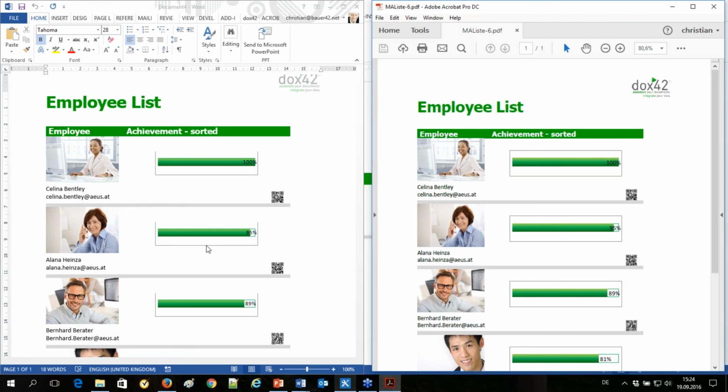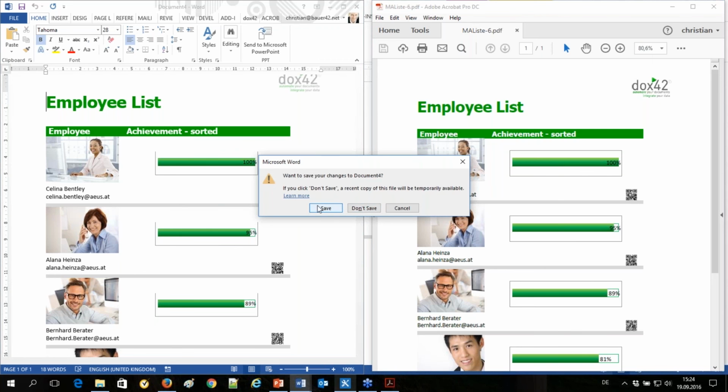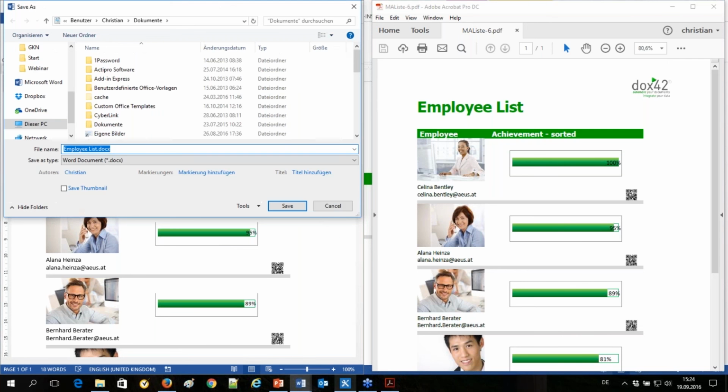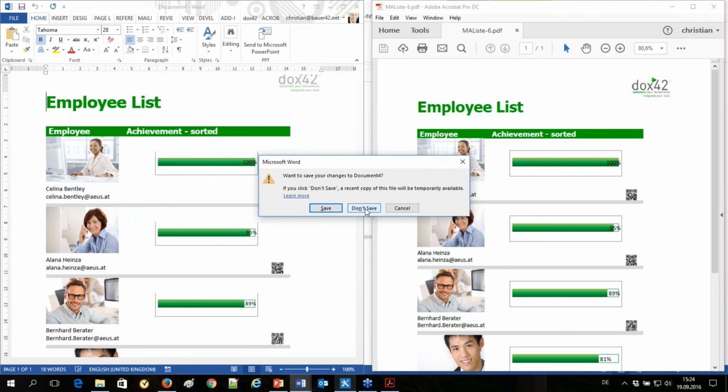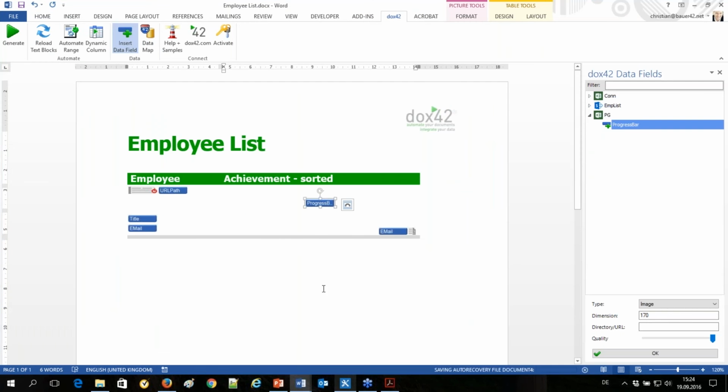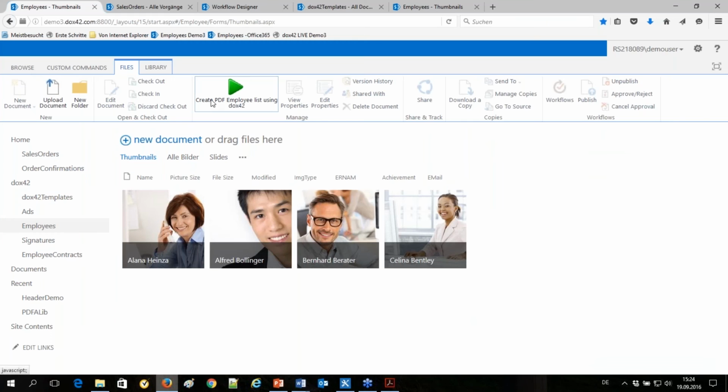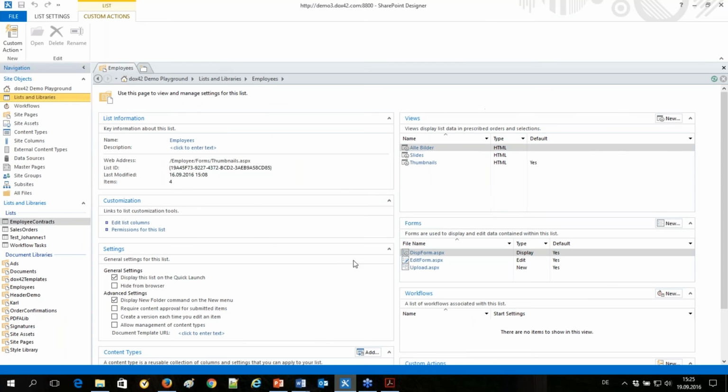That's it. The effect is when you click on it, the docs42 server downloads the data, creates a document as a PDF, and you can download the document immediately from your SharePoint site. Here it is. So that took us, I would say, less than 10 minutes, so you can compare it to your estimation. And Marketing is able to change the template.